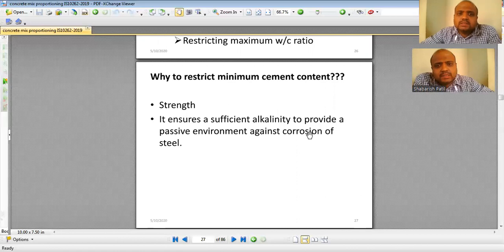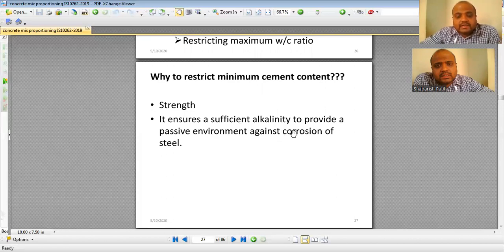Now, these reasons are not quoted in either the textbook or the codes. Why do we restrict minimum cement content? Generally, for reinforced concrete, minimum cement content is 300 kg per cubic meter of concrete. Okay, one factor is the strength. I'm supposed to achieve minimum strength, so I should add a minimum quantity of cement, and at the same time, this cement is alkaline.